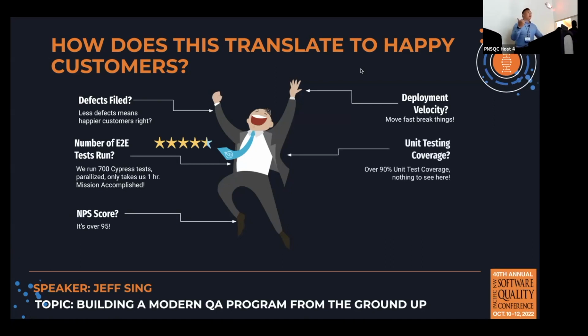The other one is, hey, yeah, we're good, 90% code coverage. My developers write unit tests. Our quality should move fast with stable infra. Unit testing coverage. Hey, 90%, everyone writes unit testing. We're good, right? But once again, what are you testing? How does that translate to happy customers?